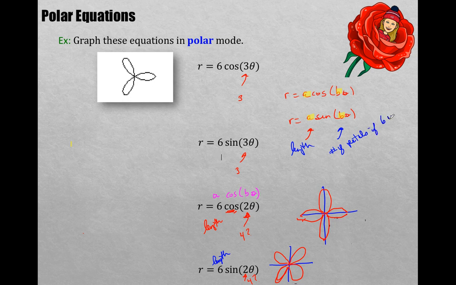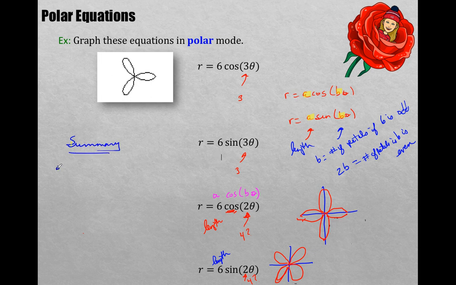if B is odd, or 2B is the number of petals if B is even. Okay? So in summary,